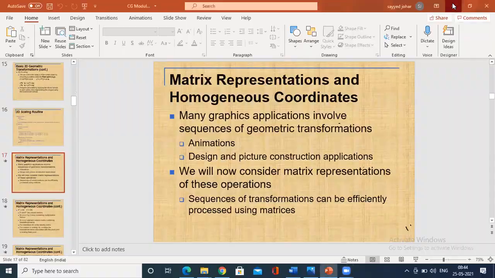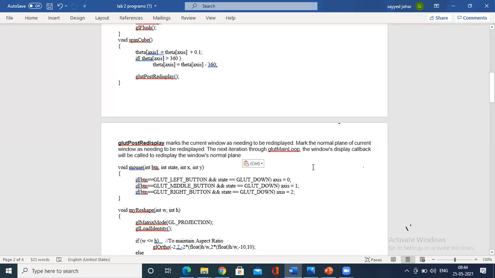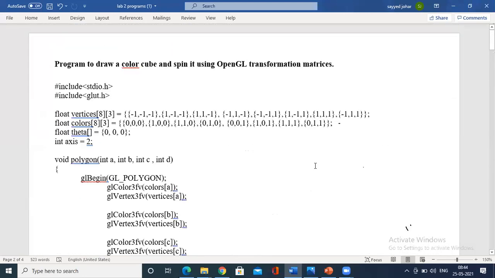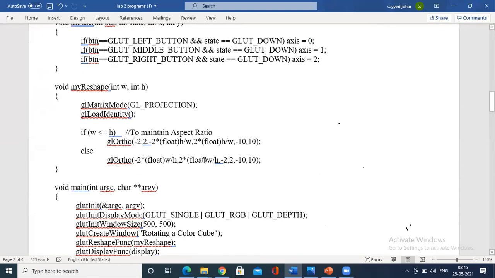Now let me focus on the concepts of one of the programs that we have not yet covered. In fact, I was supposed to do it last time. So today, actually, I'll do the Bresenham's line drawing algorithm. I'll just show you the output of the cube perspective viewing. Many of you have executed this program: draw the cube and spin it using OpenGL transformations. So here it was only regarding